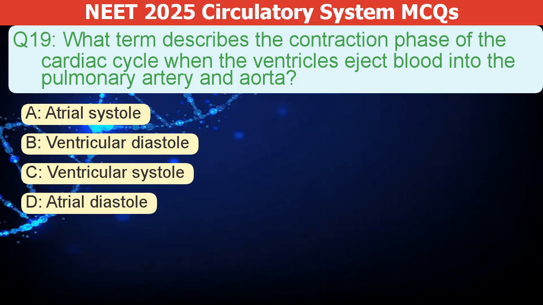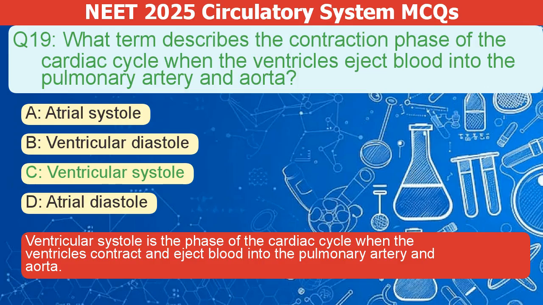What term describes the contraction phase of the heart cycle, when the ventricles pump blood into the pulmonary artery and aorta? A. Atrial systole. B. Ventricular diastole. C. Ventricular systole. D. Atrial diastole. The correct answer is C. Ventricular systole is the phase of the cardiac cycle when the ventricles contract and eject blood into the pulmonary artery